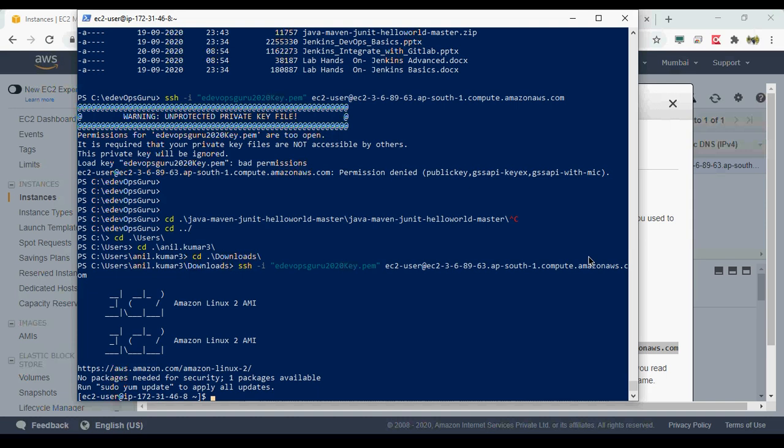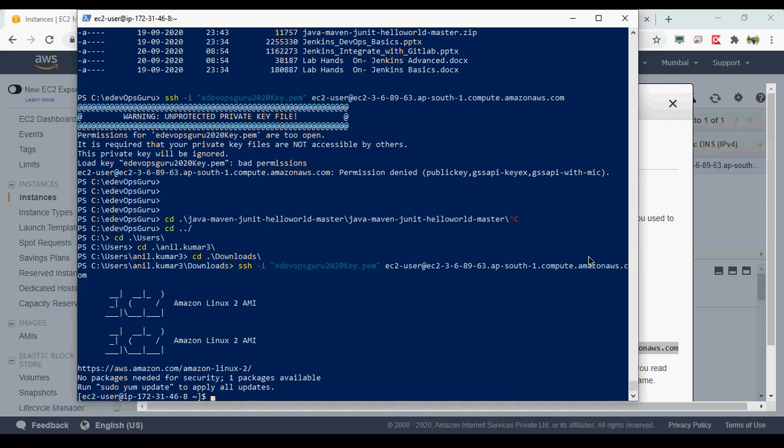So what happened earlier was that I created this key in my C directory itself, and since it was accessible to all different users on this particular machine, it was not allowing us. But I moved it to my own user account, inside the download folder.